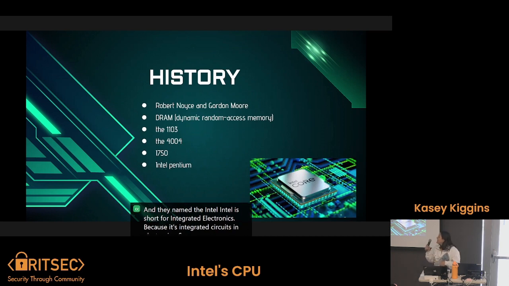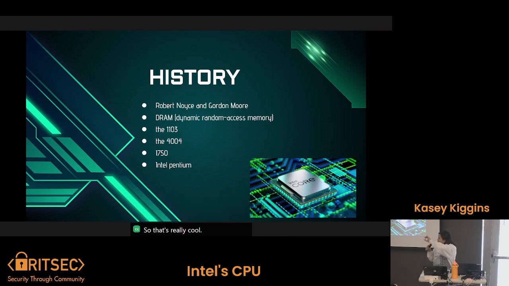So that's really cool. The DRAM, Dynamic Random Access Memory. This was established for the semiconductor industry, and it became the new standard for memory. This replaced magnetic core memories. So they used to be really fun magnets. And then the 4004